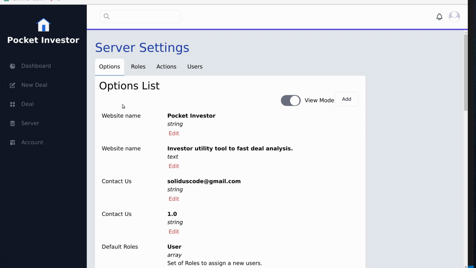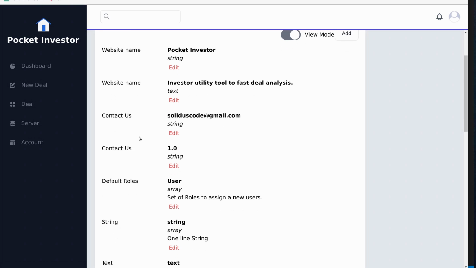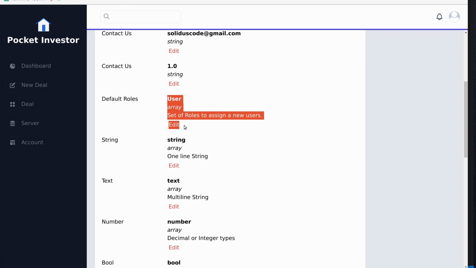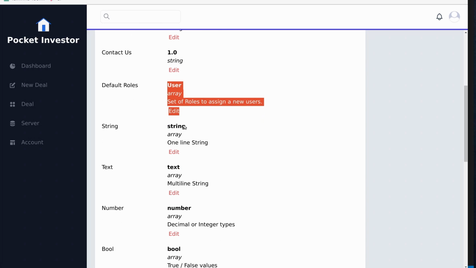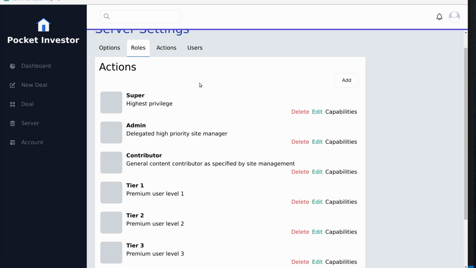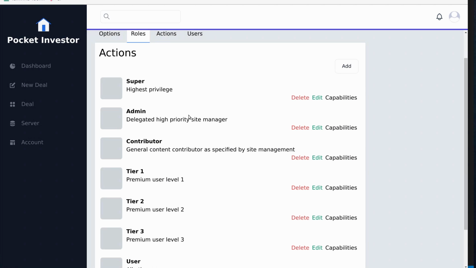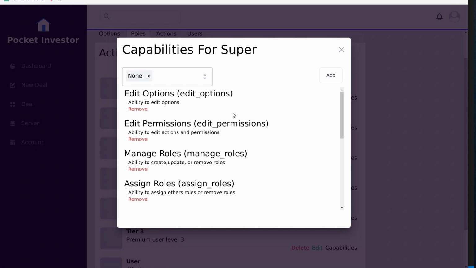So we'll have options that represent the site's name, the site description, contact us information, a set of default roles to assign whoever signs in, and some data types. Then we have different sets of roles that exist. And then there are actions that dictate what a user can or can't do. And for each of these actions, we can come back and tie an action with a role to say that a super user can have these types of capabilities